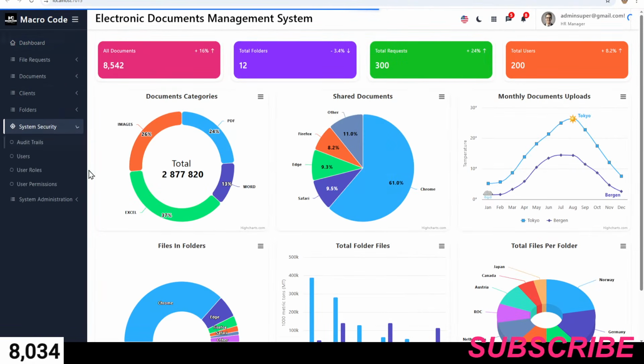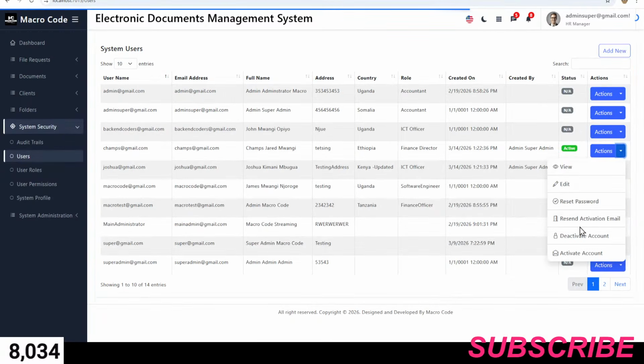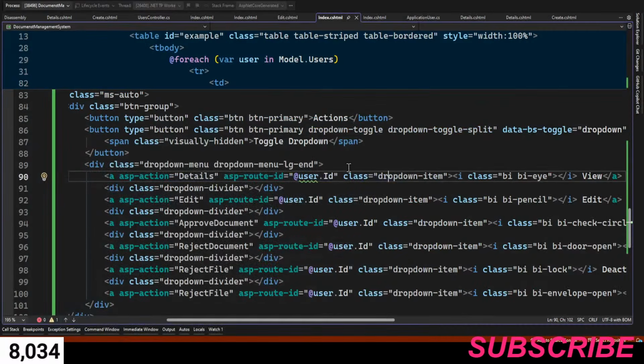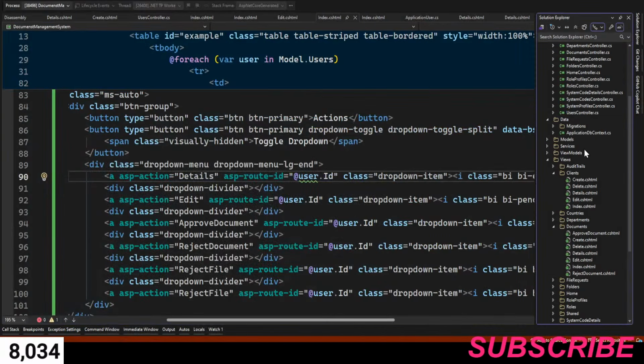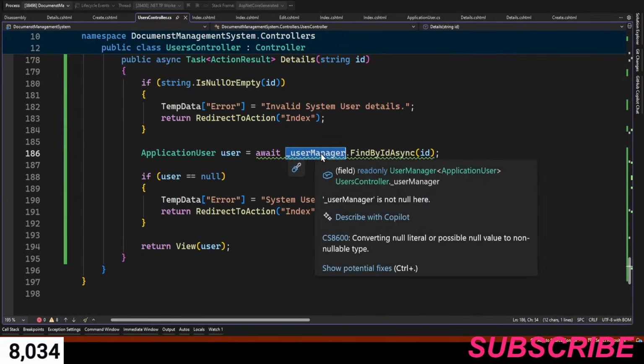So I'll come here and say users. Then if I click here, I'll have these actions. Then if I say here view, you can see I'm now able to see the details of the user. But now there are some things that we need to have. So what I'll come here and do, instead of doing user.find, I'll do here